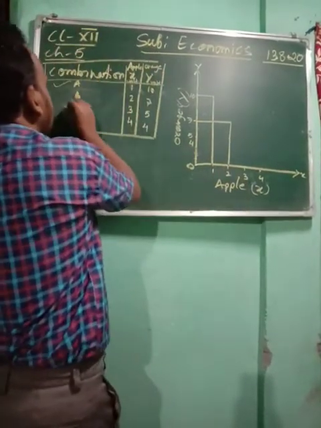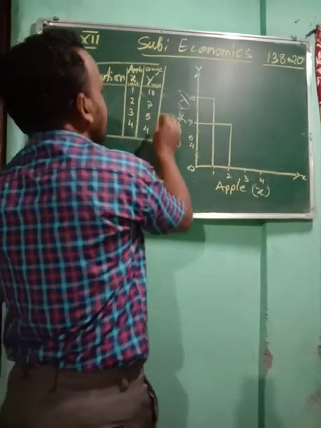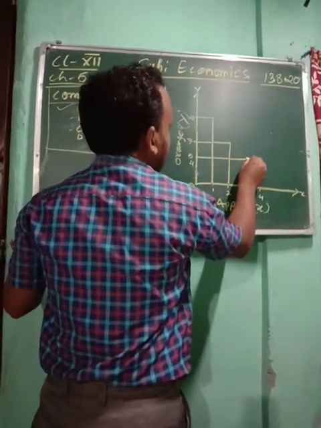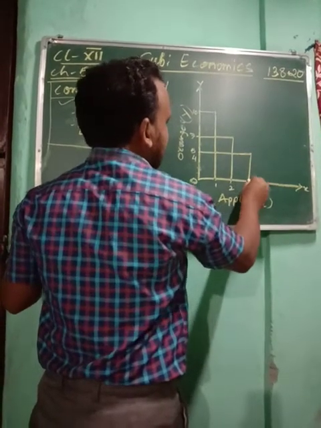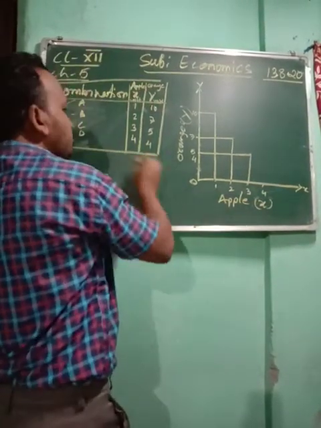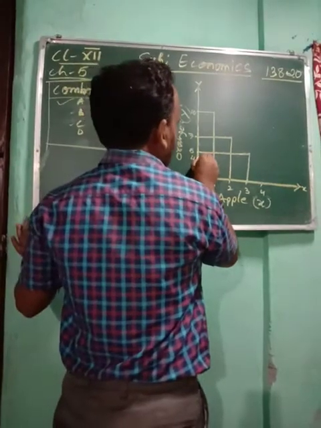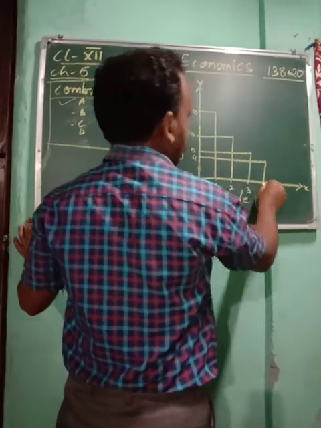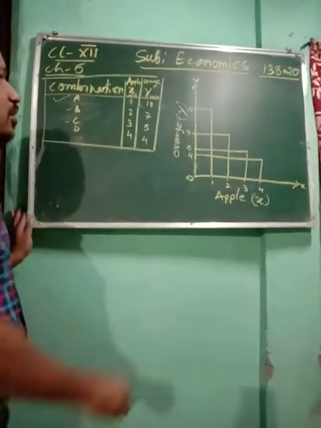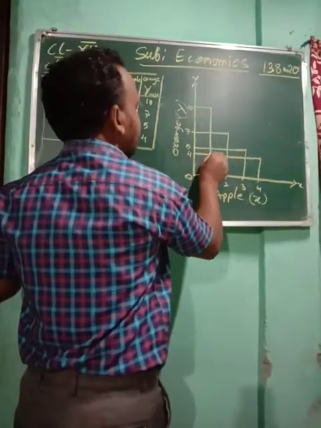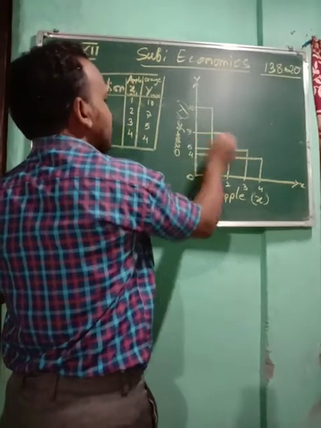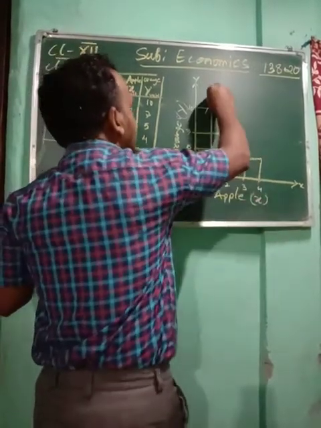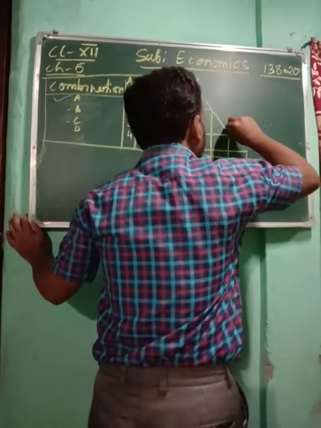When the consumer is in the third, you see in C combination, when the consumer is consuming 5 oranges, the consumer is consuming 3 apples. At the last, when the consumer is consuming 4 oranges, the consumer is consuming 4 apples also. Okay, now if you have done this, when you are joining X and Y, this is all the points X and Y. Okay, you will just join it up.